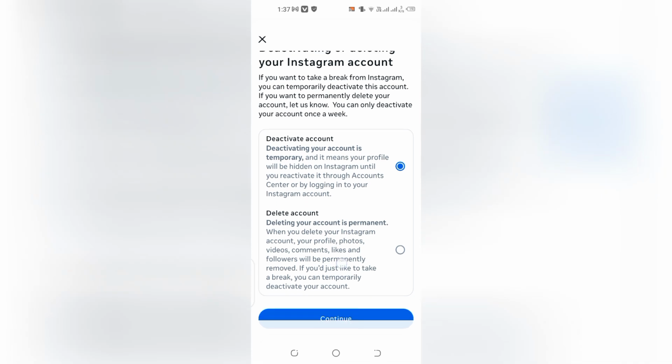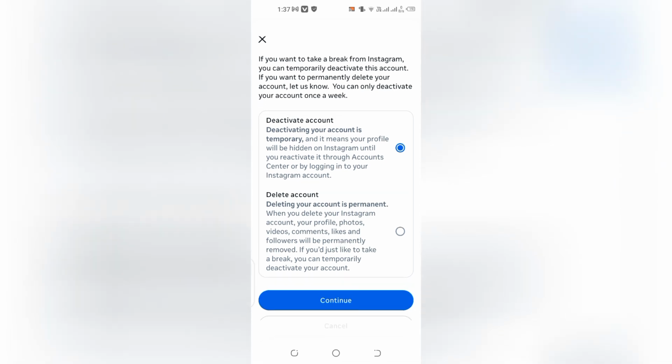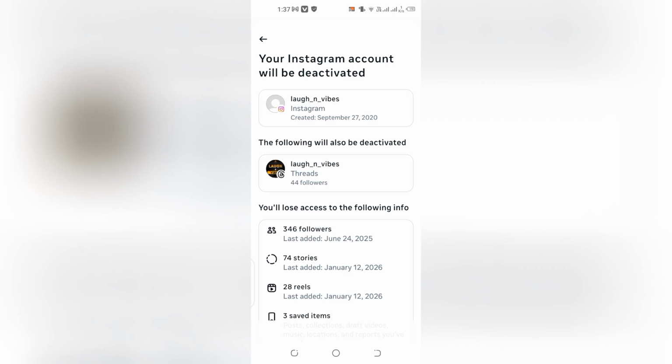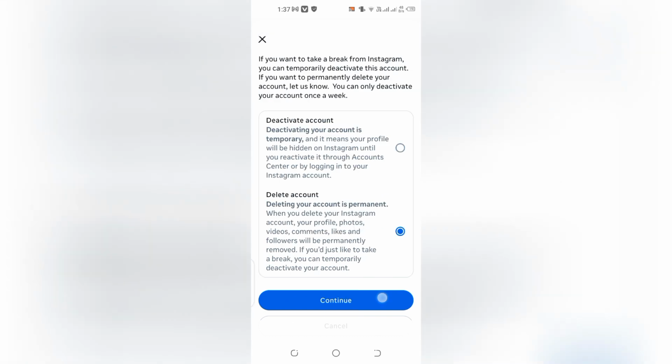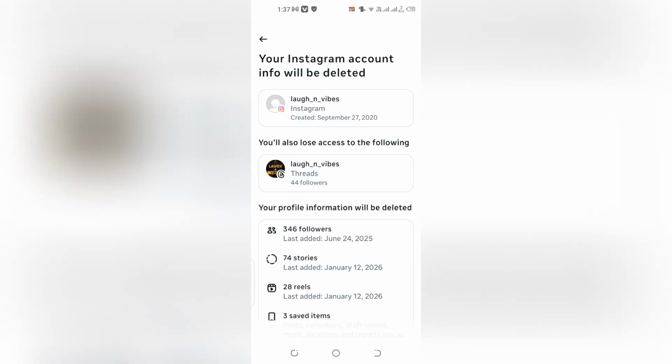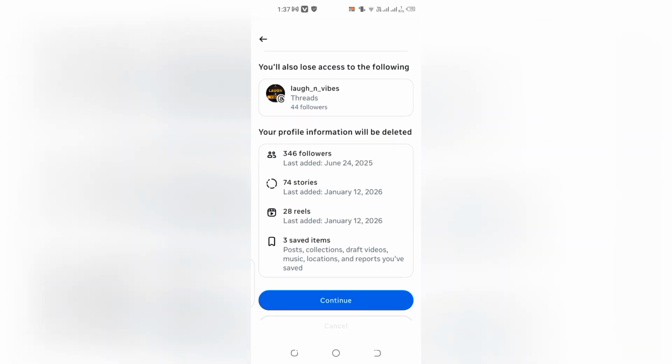Then, as you can see, you've been given two options. The first one, deactivation. The second one, delete. If you select deactivation and continue, you're going to see each and every single thing that you might lose. And if you go back and select delete, then press continue,